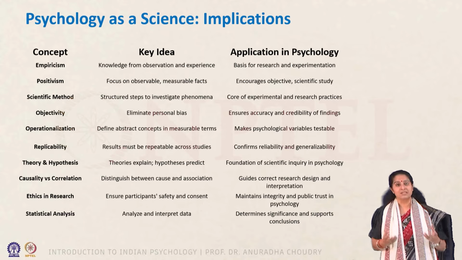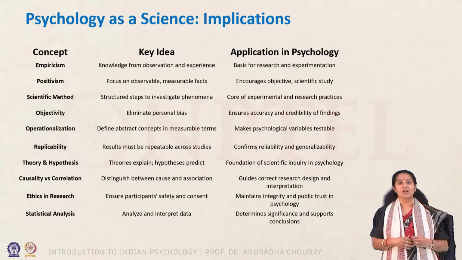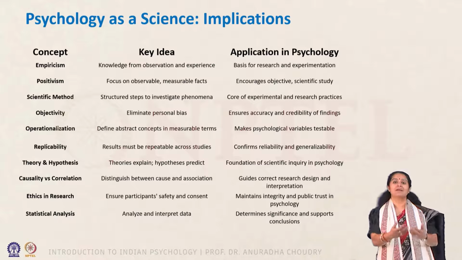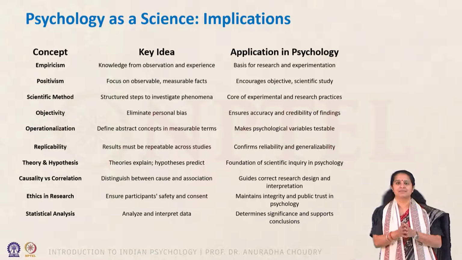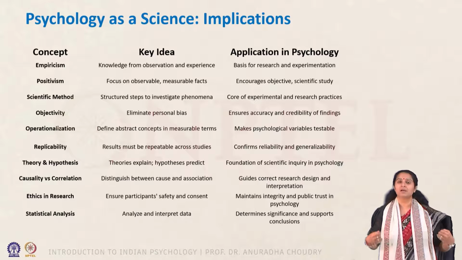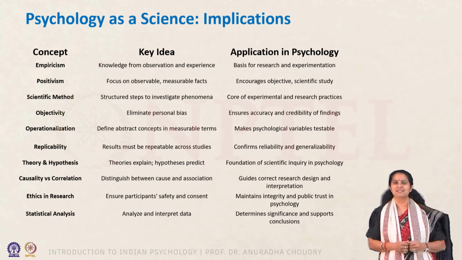This is very important, especially in today's world where people are becoming more and more conscious of their rights and what they can participate in. They can even deny participation. But please remember that if you plan to conduct any scientific research on a human population, it is imperative to take their consent before you do it, because this is also important in the context of publication. If you have conducted research on human subjects and not taken their consent and not cleared the ethical committees in your respective institutions, then their publication will not be very easily considered. So please keep these in mind if you plan to take up any kind of psychological study.